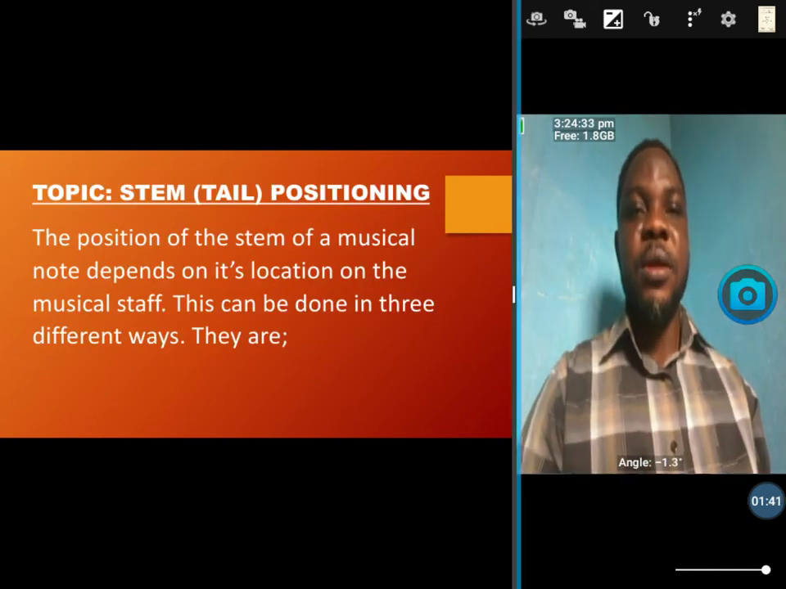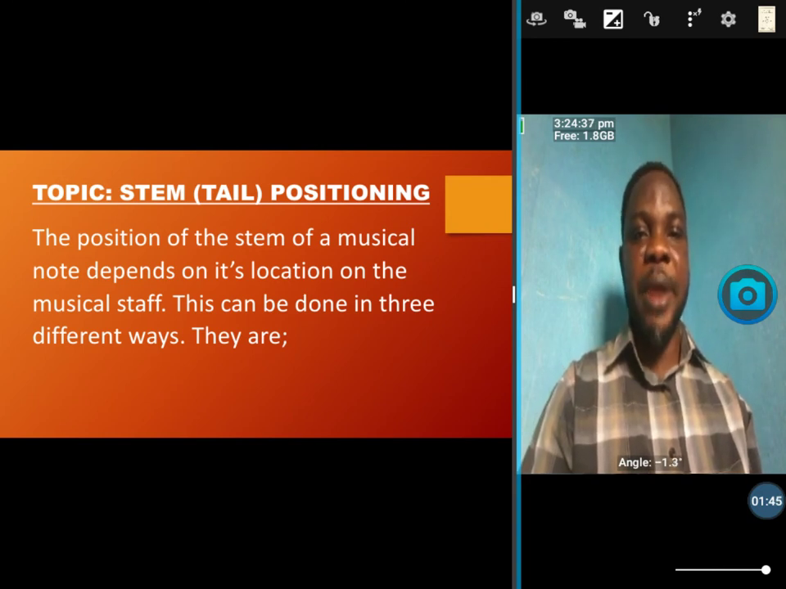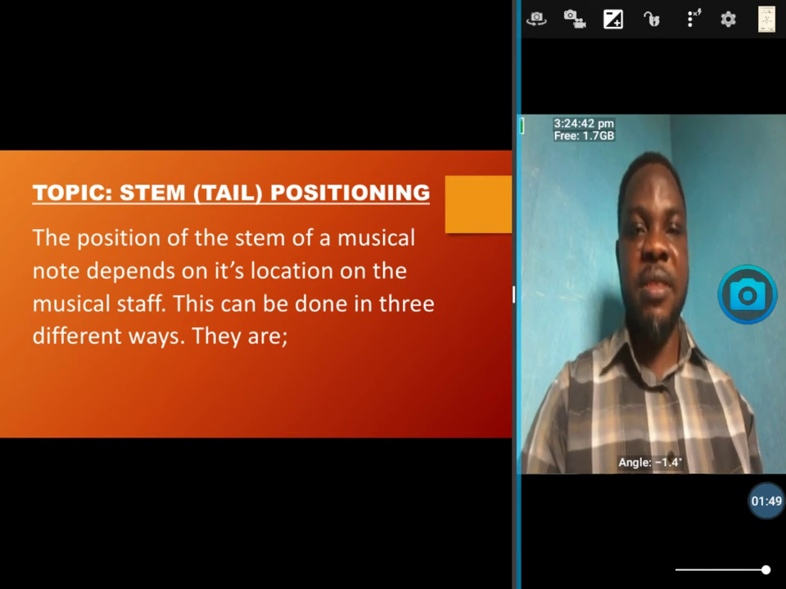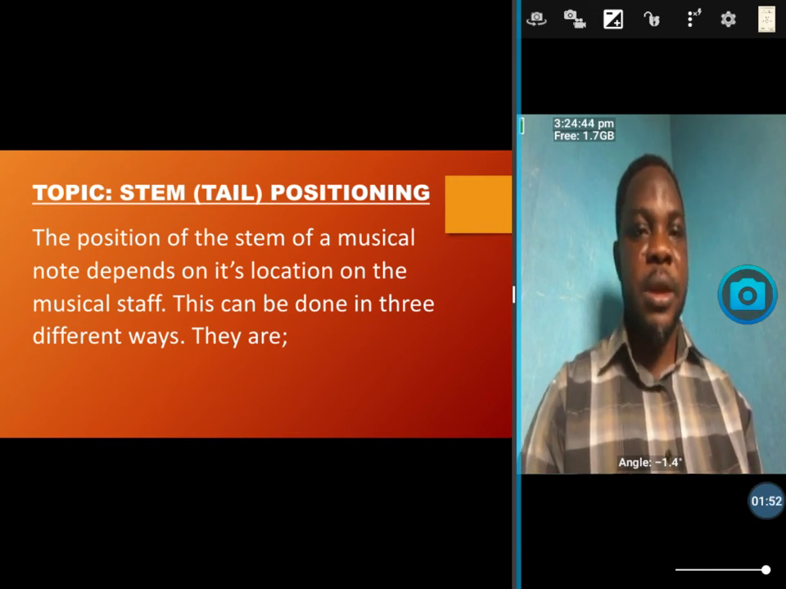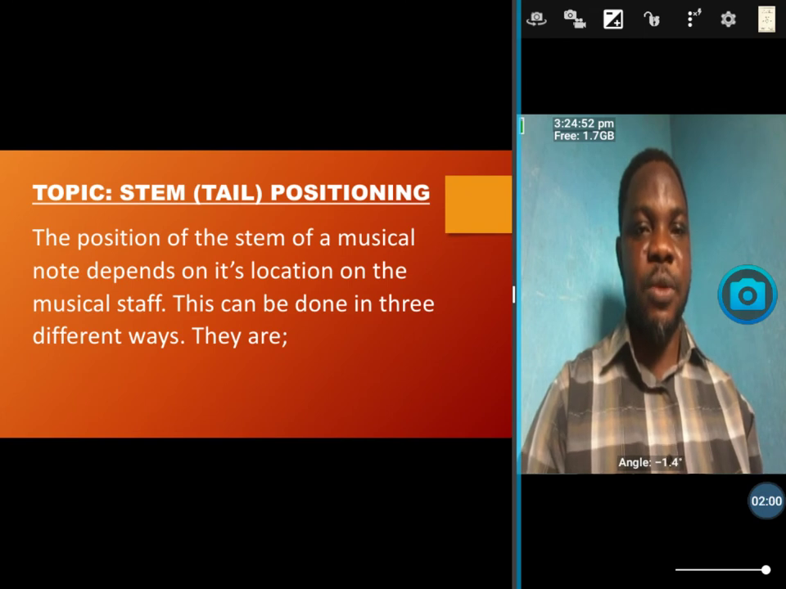Okay, stem positioning. The position of the stem of a musical note depends on its location on the musical staff. That is, whether the stem of a note will go up or down, the position of that note on the musical staff determines what will happen to it. And this can be done in 3 different ways. Now, those 3 ways are: